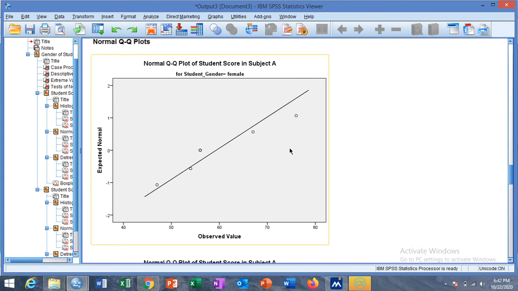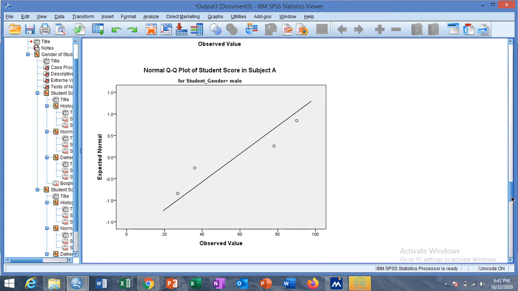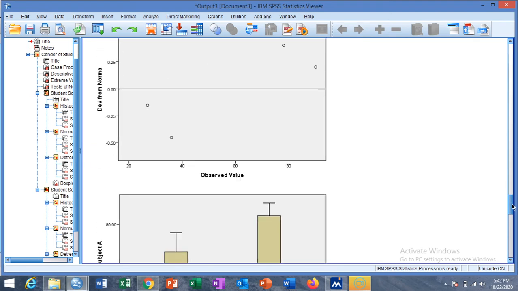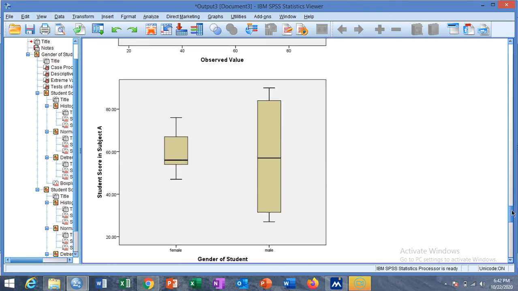If these values deviate from the 45-degree line, then we say that the data is not normal. This also suggests that the data is approximately normal. And the box plot is obtained for both male and female separately. This is for male and this is for female.